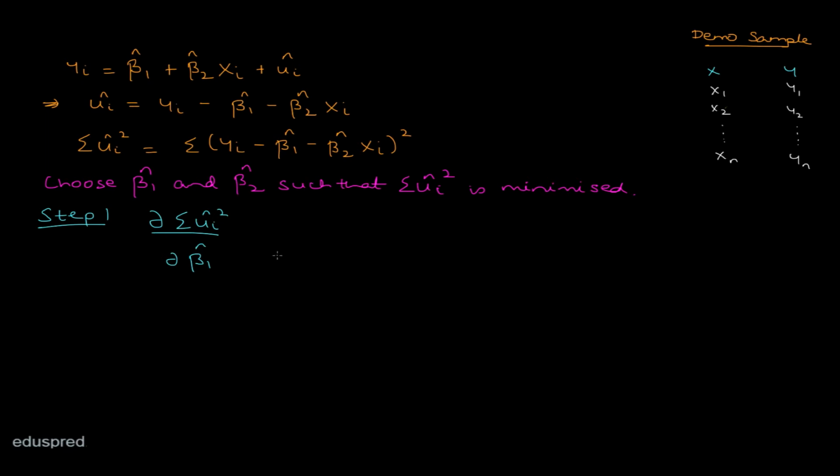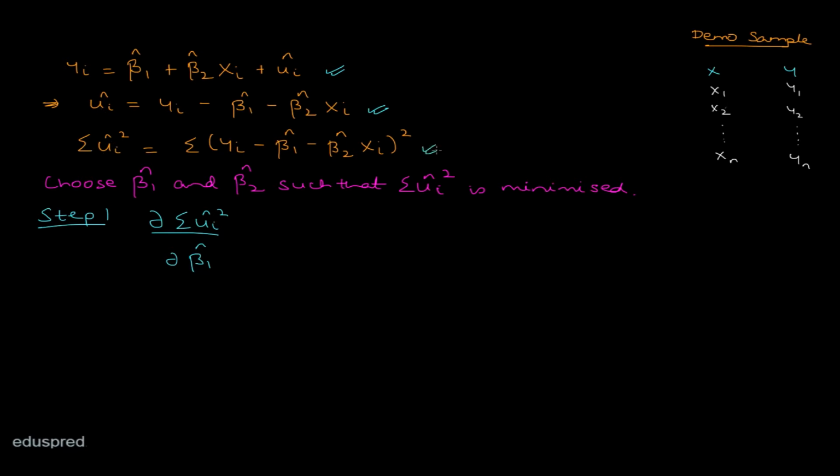In this video, I'm going to use the method of OLS to find an expression for beta 1 hat. I've already discussed these equations with you. So this is a sample equation. Using this sample equation, we can write this mathematical expression for ui hat. And using this mathematical expression for ui hat, we can write a mathematical expression for summation of ui hat square,